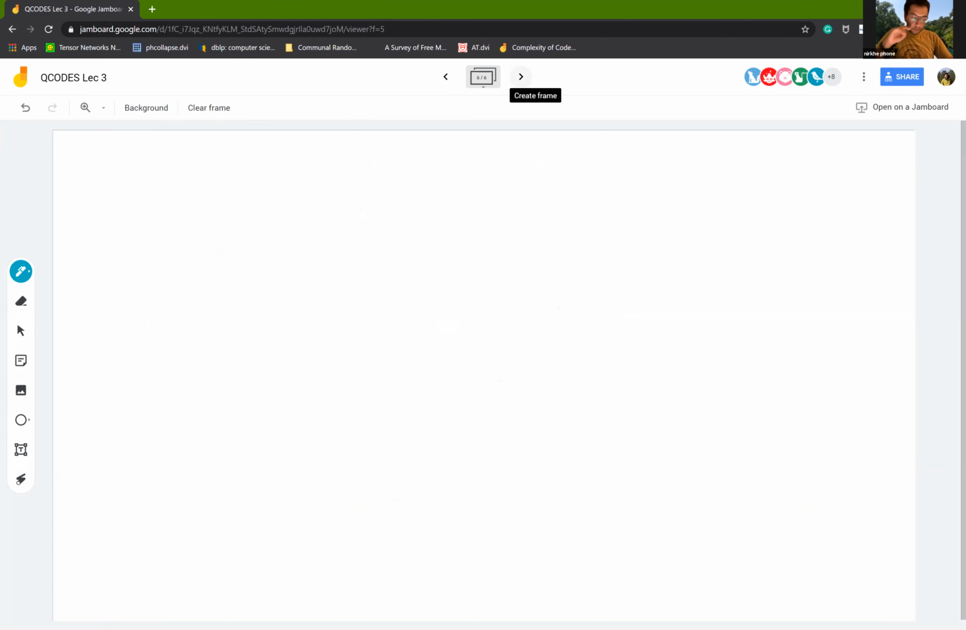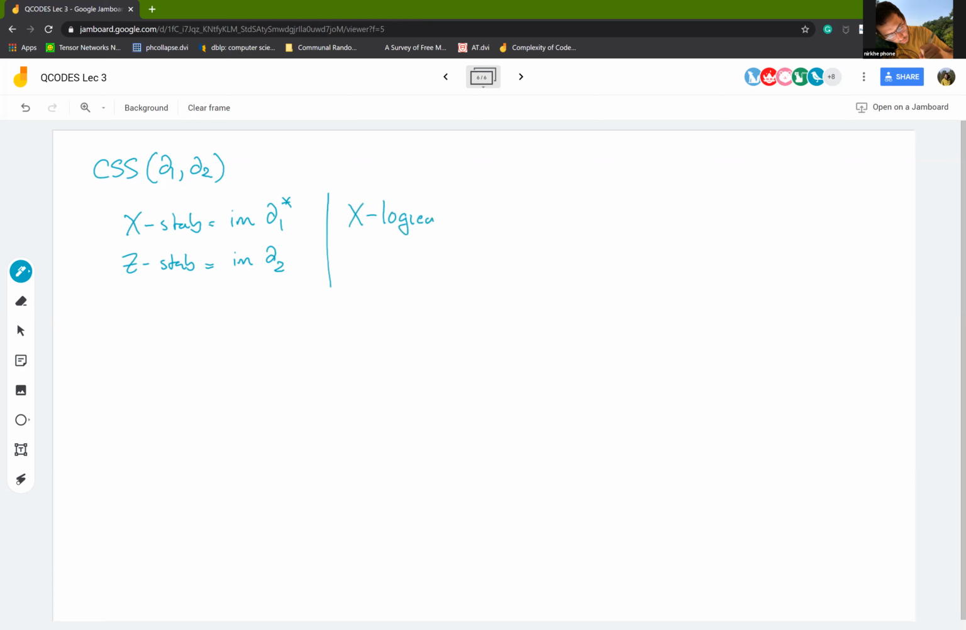Okay, so let me just do a quick recap, right? We have a CSS code defined by two operators, delta 1, delta 2, right? And we found that the X stabilizers were the image of delta 1 perp. Z stabilizers were the image of delta 2. And we found that the X logicals were given by the kernel of delta 1,